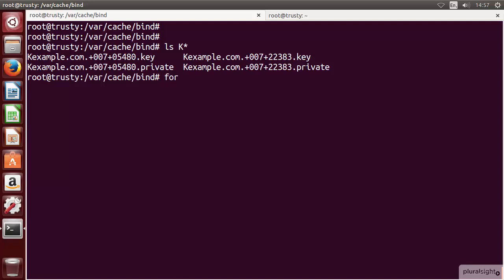So for k in, and we're going to look just at the output of ls K*.key. And then we're going to enter the do loop, so we iterate through,